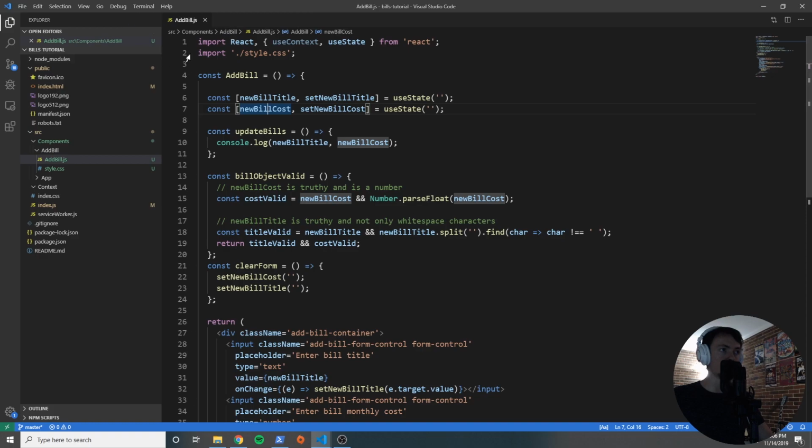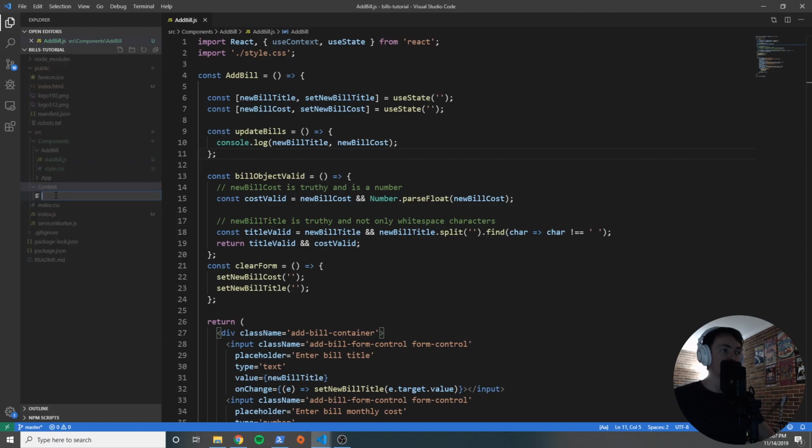So I'm opening up my AddBill component, and I just want to point out a few things. Again, we have useContext here. We're going to be creating our context in just a second to use in here. And we are going to be getting rid of our updateBills function here, and we're going to be creating an updateBills function inside of our context that we replace this with. So let's go over to our context folder, and I want to create a new file. We'll call it